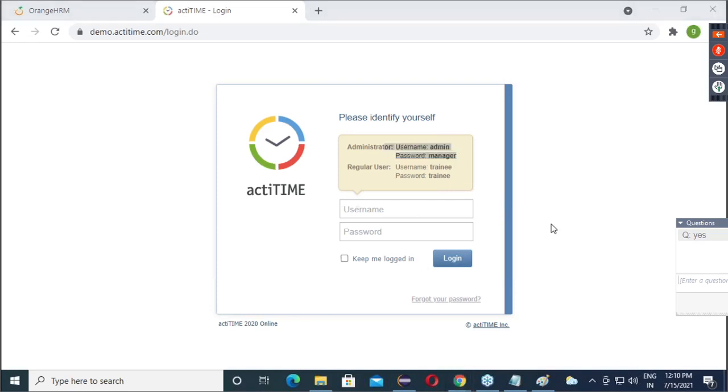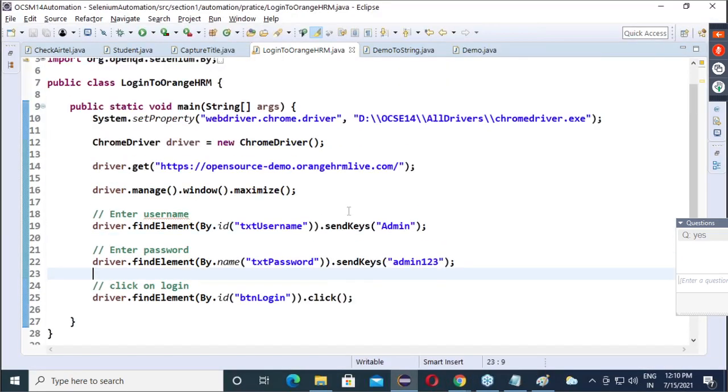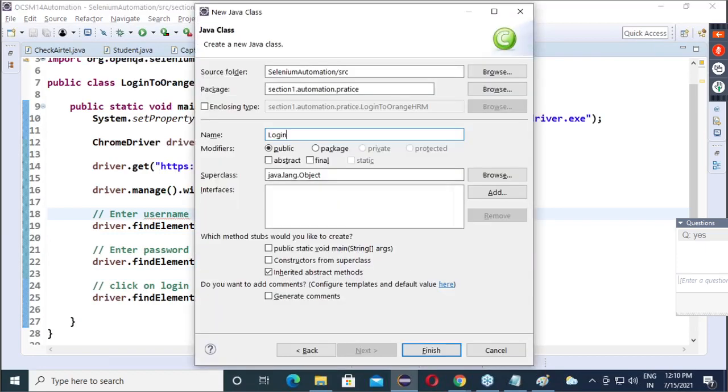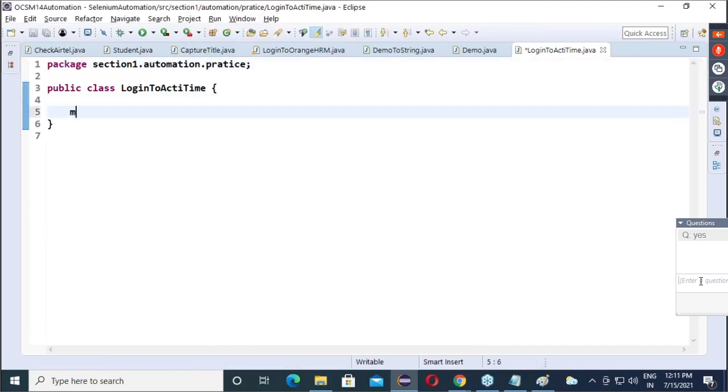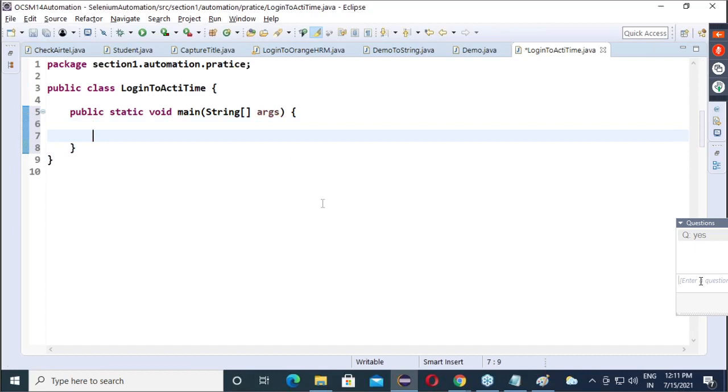Okay. So now, guys, what we will do. Here, let me create a new class, Login to ActiveTime. Now declare the main method.